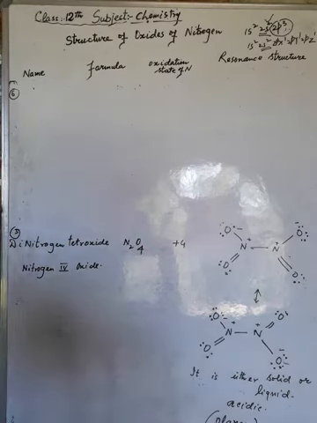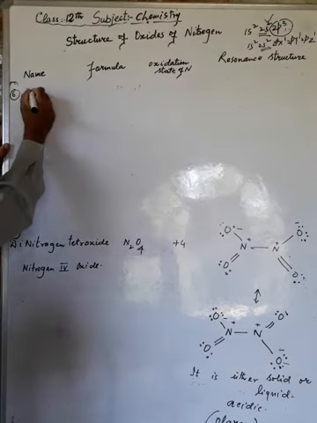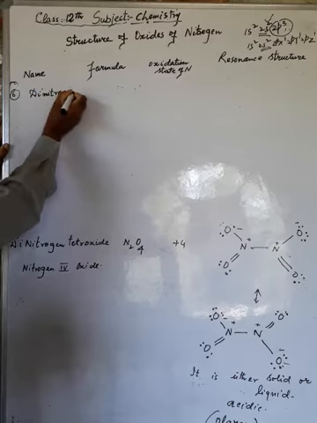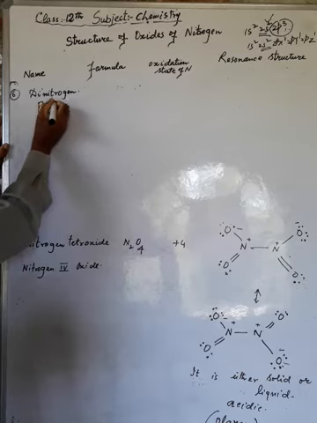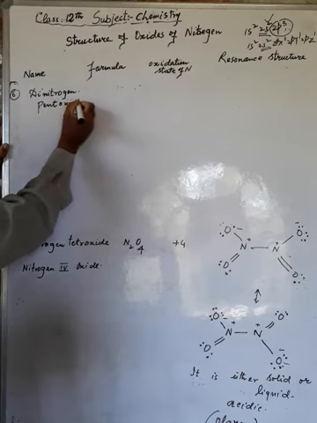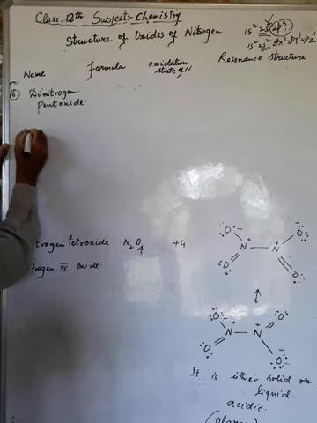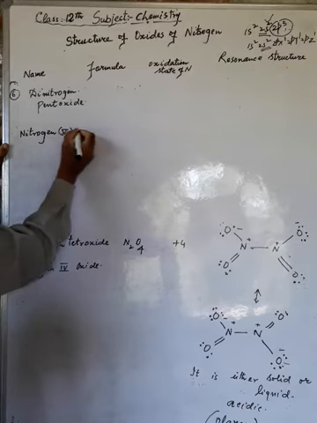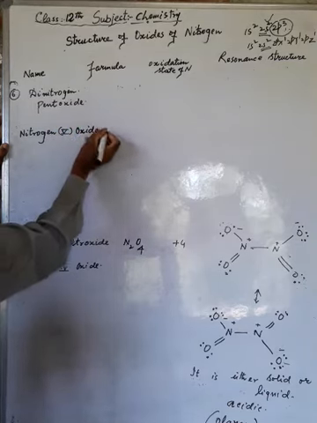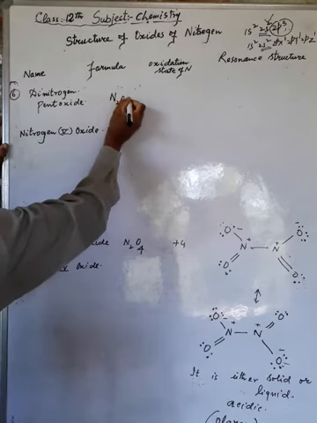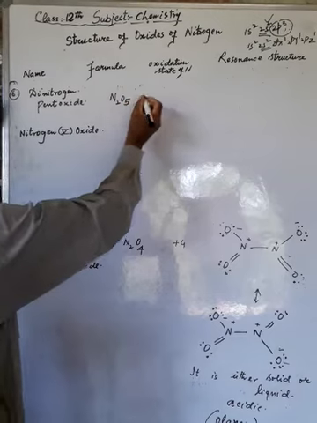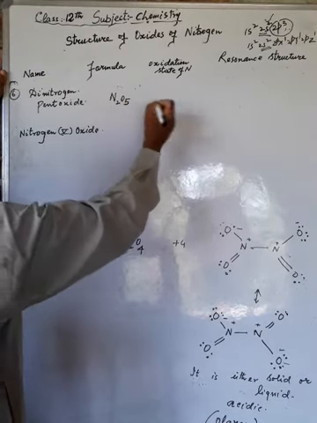Sixth is dinitrogen pentoxide, or nitrogen 5-oxide. Its formula is N2O5. So we will write the oxidation state of the nitrogen 5-oxide, that